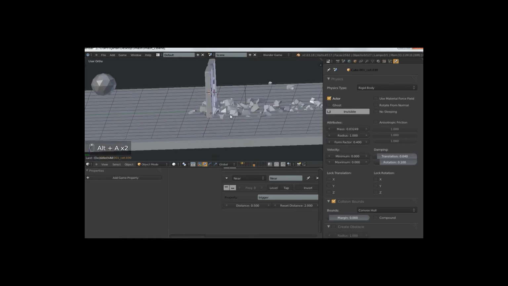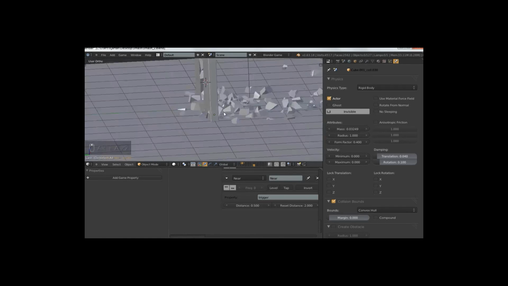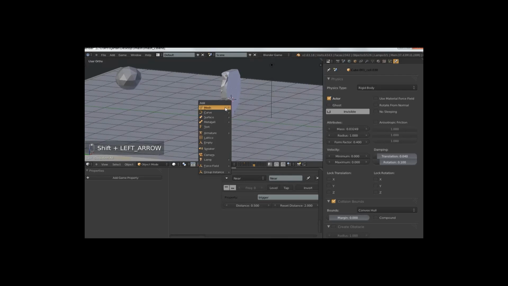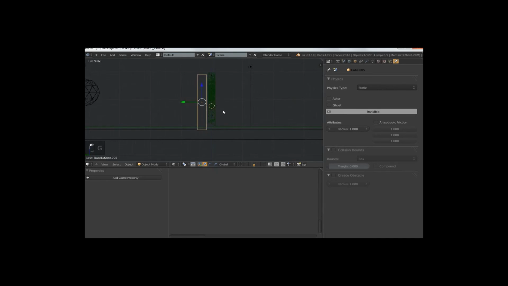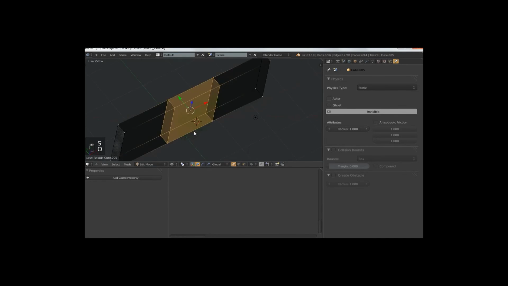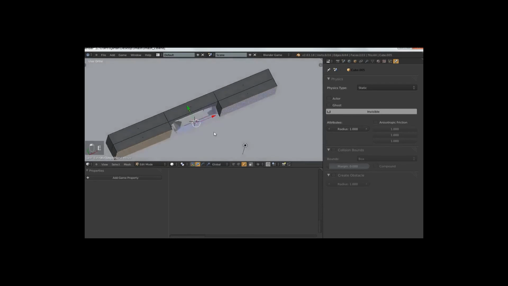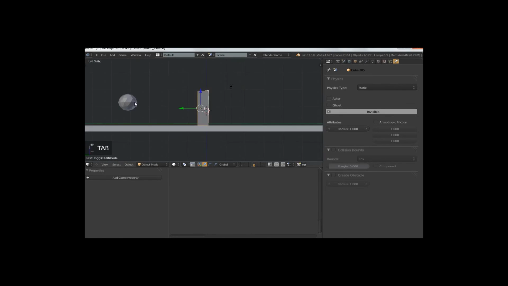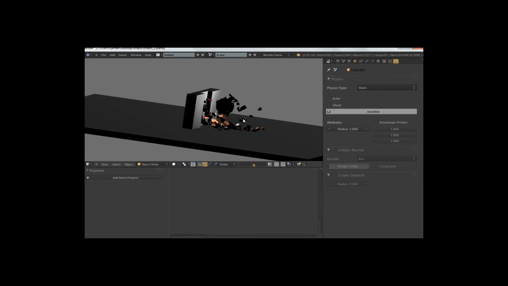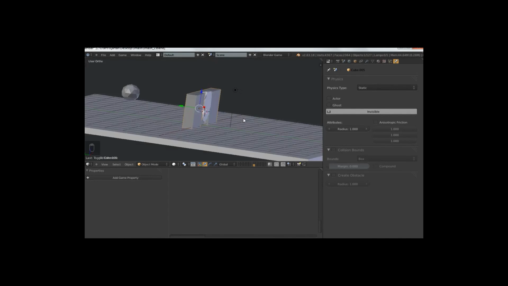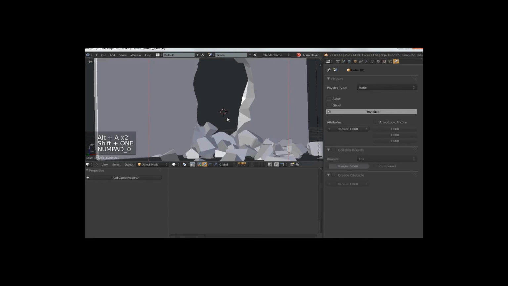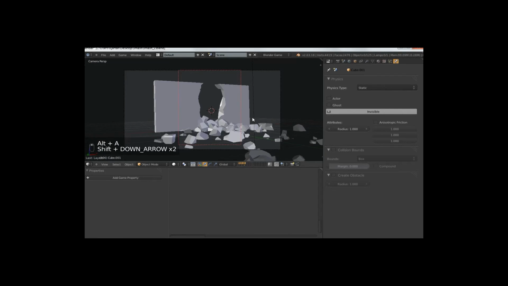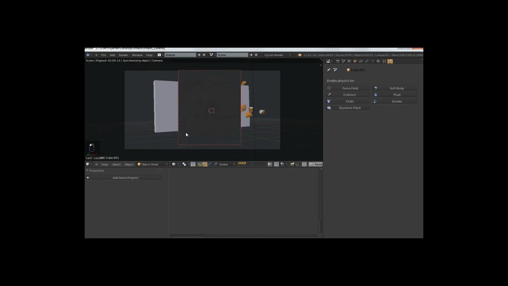But the problem is there's some intersection with the wall. The way I'm going to solve this is to set up a geometry that is meant only as a blocking geometry. Just scale it up, tweak it, make sure that it has the shape that I want, and then just rerun the simulation, and now you get a little bit better results. So this is one way that you can control your simulation and choreograph. So this is the effect. Thanks for watching.